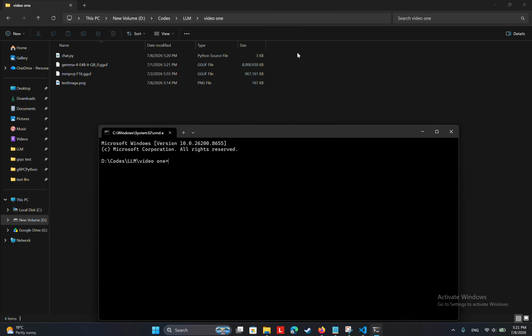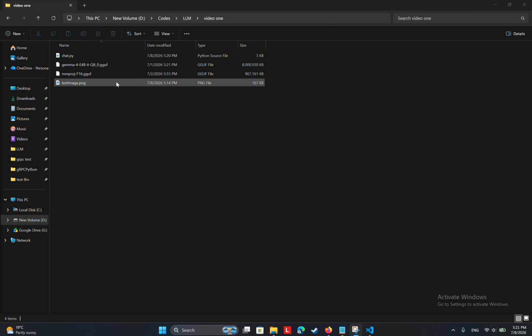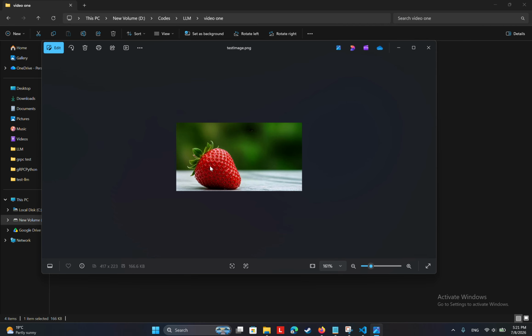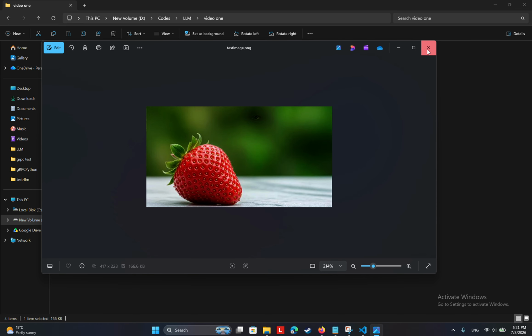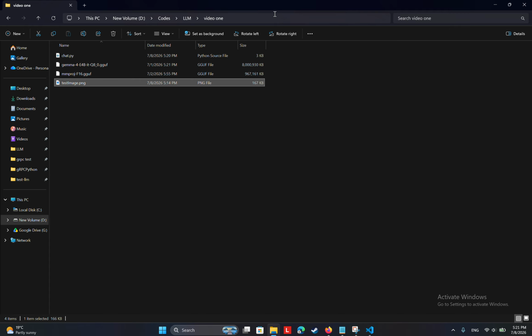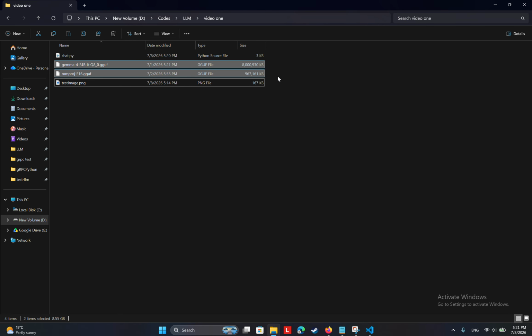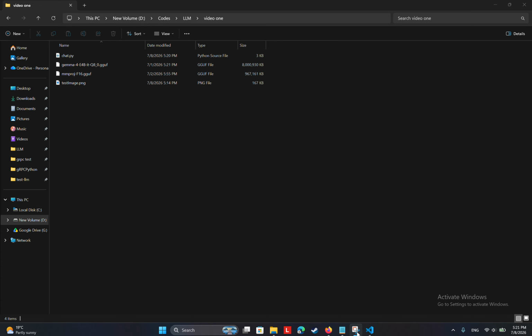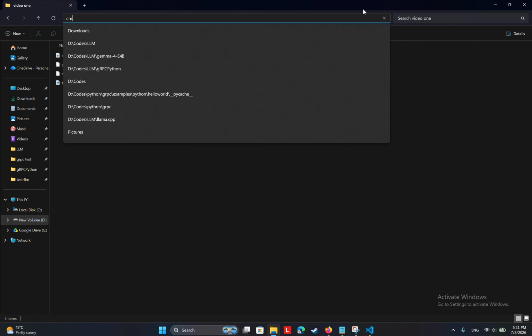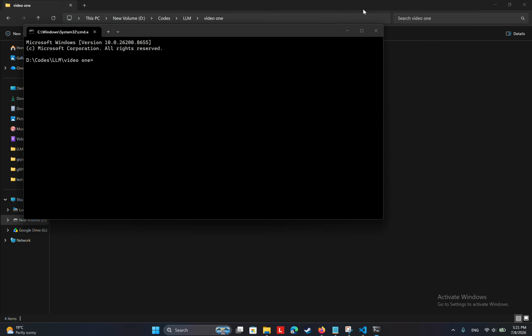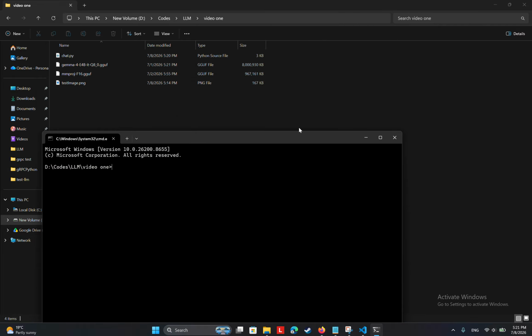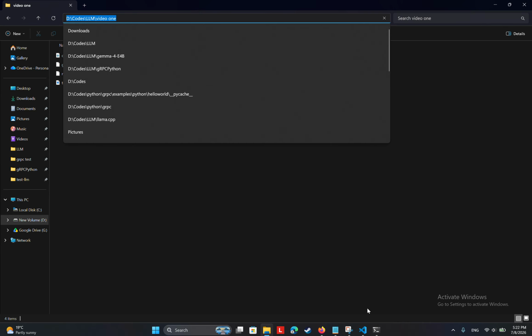So okay, now let's test our model. First of all, let's get some image. I took this image of somebody and downloaded it. Place it here near our code, and also place the Gemma 4 models in the same folder. We need to open CMD, just go here, write CMD and open it. Then write python chat.py image and specify the path to the image